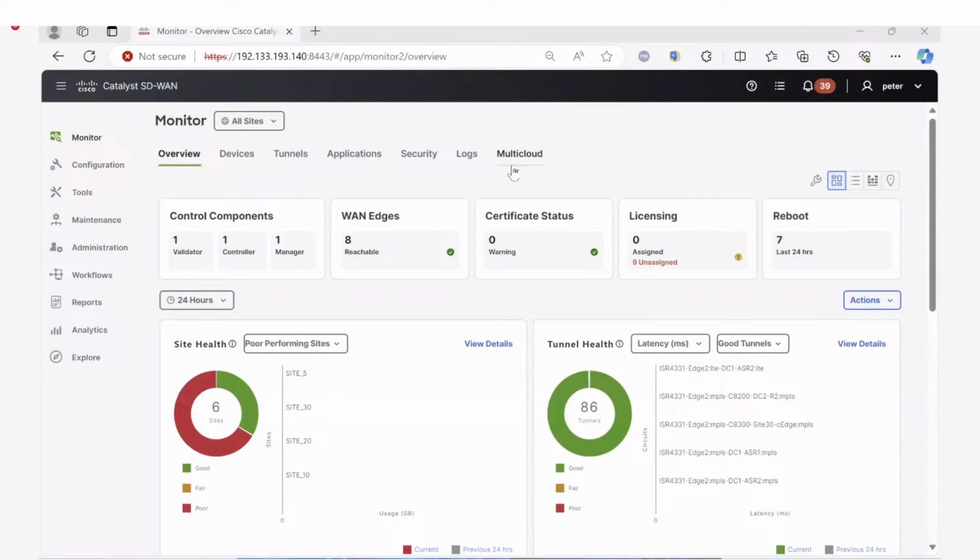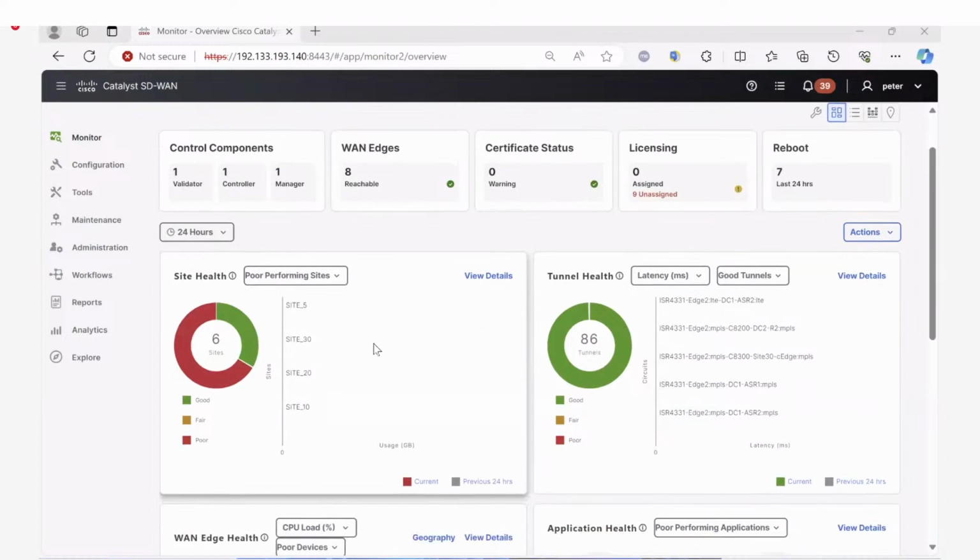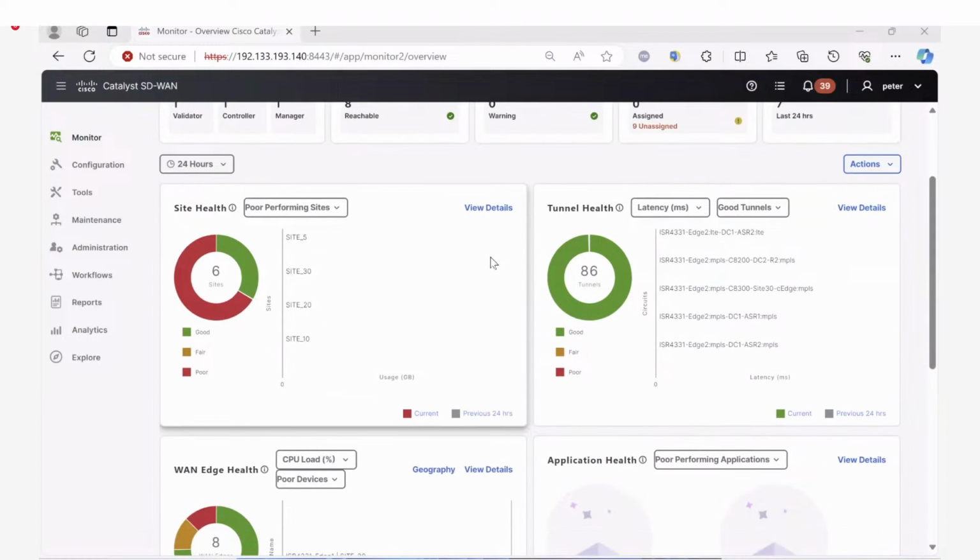So this is the new vManage dashboard. As my colleague mentioned earlier, we now have a new look for the vManage, the Catalyst SD-WAN Manager. So this is the dashboard. We can see that you have more monitoring information. For example, if you look at site health here,